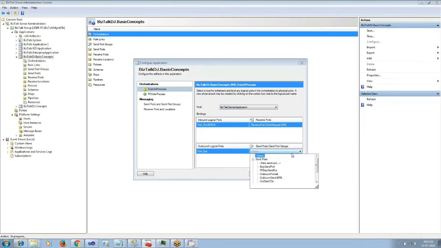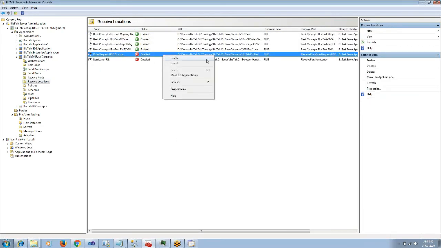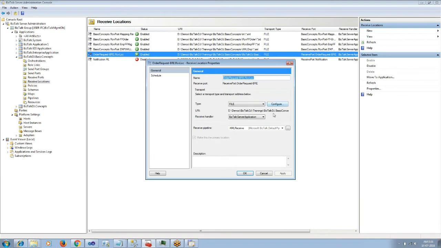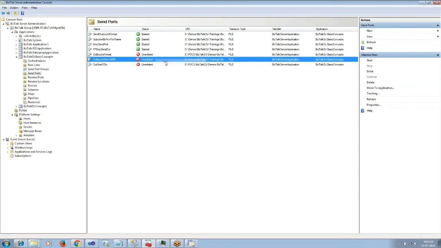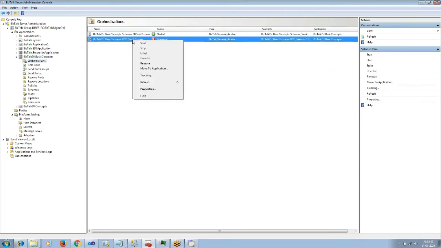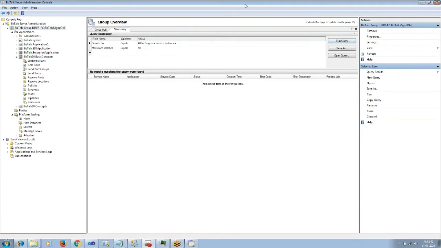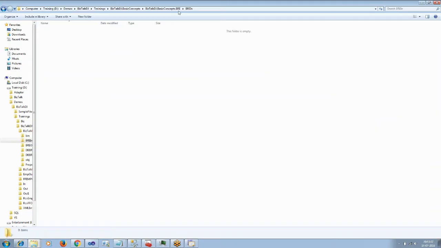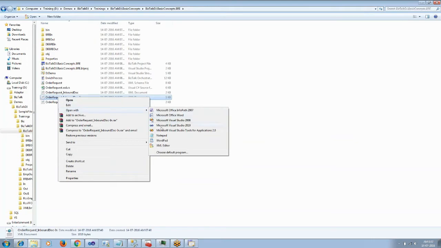We will bind the receive and send ports to the logical ports. Let us process the file.